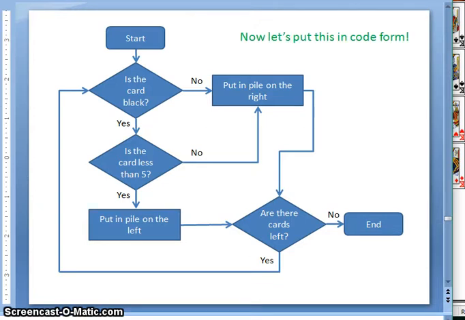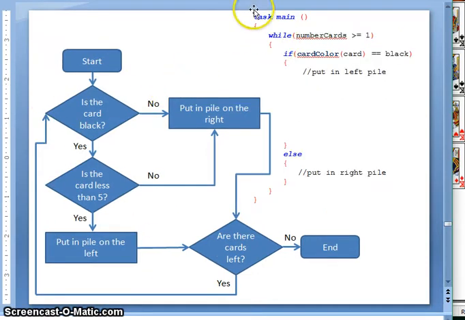So as before, we're going to start with what we had for just the beginning part. So I kind of copied and pasted the code over here. We had the while the number of cards is greater than or equal to 1, and then if the card is black, and then I left a lot of space here because that's where we added if the card is less than 5. But still, down here, else, we're going to put stuff in the right pile. All right, so the first thing that we need to do is we should notice that if we have another branch